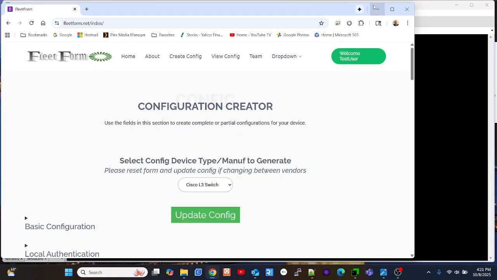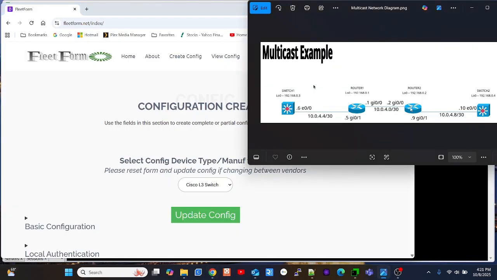Today, we're going to be talking about multicast and the ability of the site to give you a nice, clean, easy to configure configuration out of the box. What we've got for today is 2 switches and 2 routers. Really very simple config, but by the end of today in this short video, we're going to configure all 4 devices, and we'll show that we'll configure switch 1 as the rendezvous point, and we'll show how switch 2